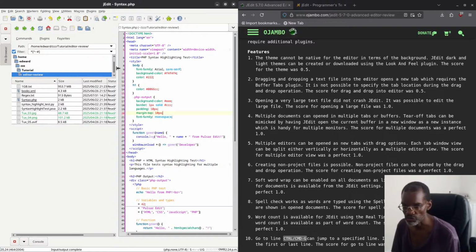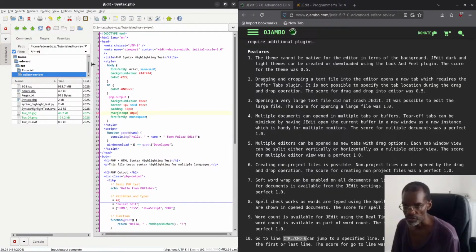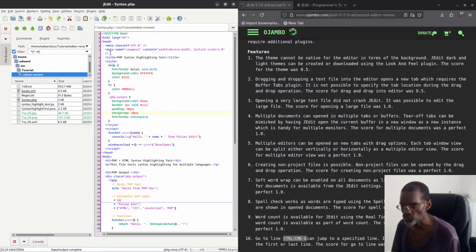So there we go. That's soft wrap. Hard wrap would be a hard cut, which I said nobody uses anymore, at least in 2025 that I know of. Okay, and of course we have other things like